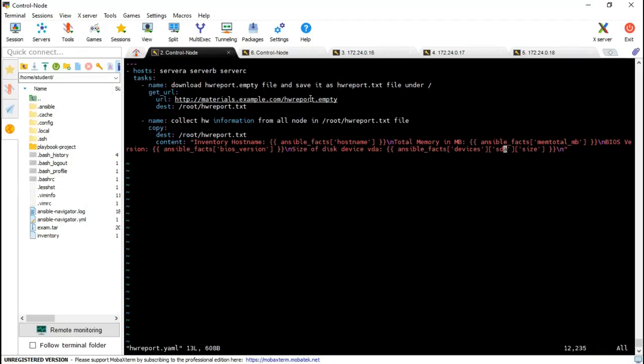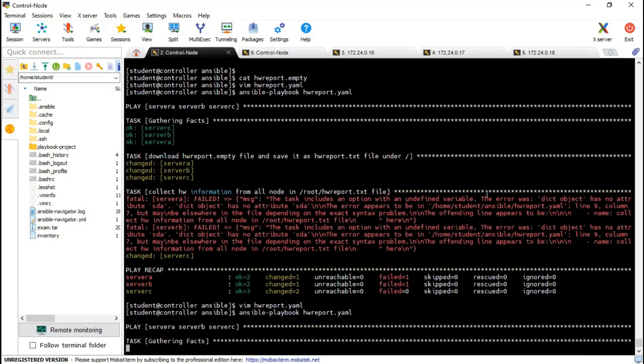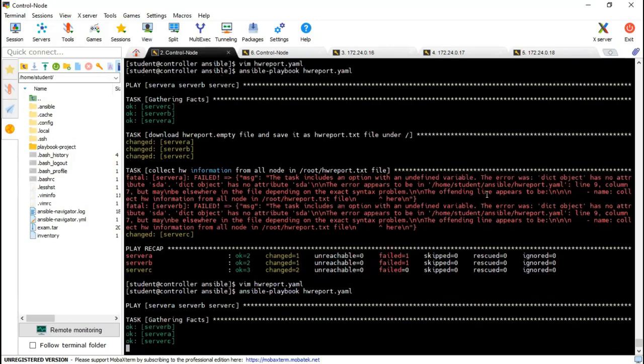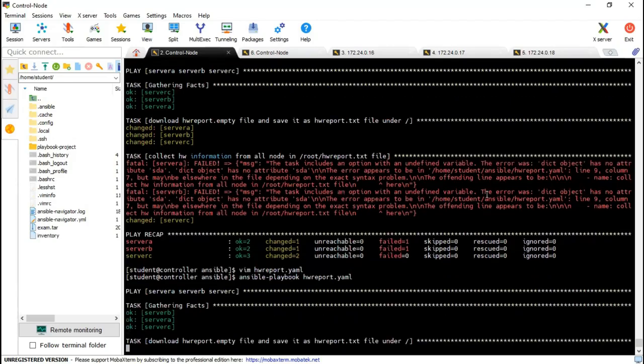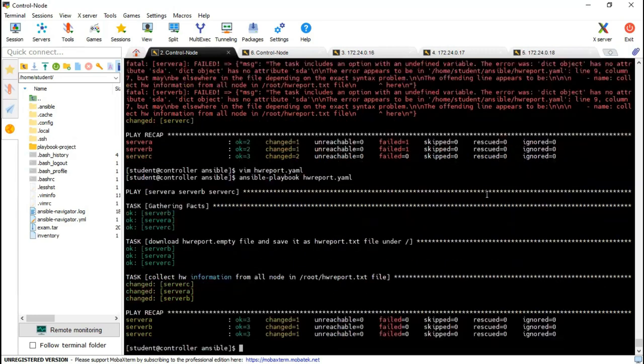We have NVMe. Collecting hardware information.